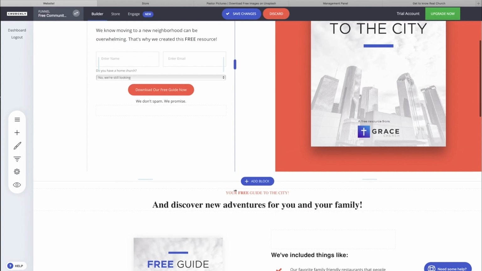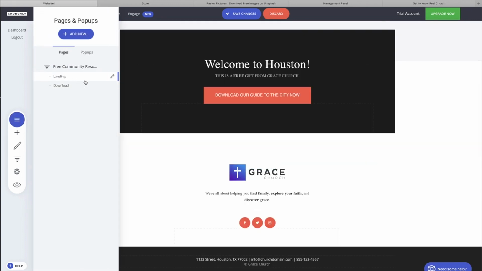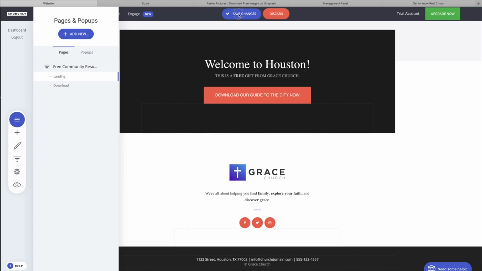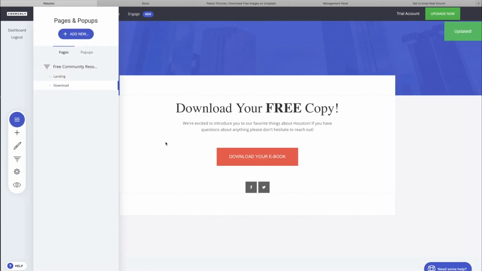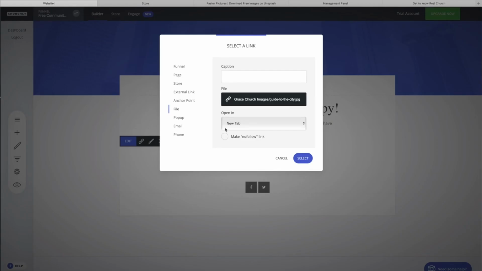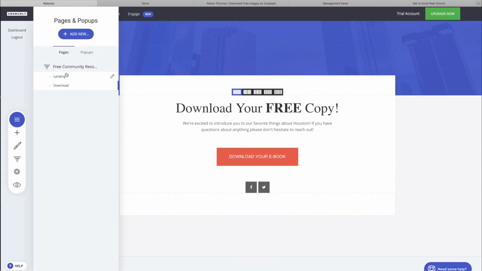So this is kind of the basics of this funnel. You can view the pages of the funnel. There's landing page, which is the home page, and then the download page. Let's save our changes before we lose them. Save that. Now let's go to page 2, which is our download. So this is download your free copy, and this button you can link to your download file. So that's the file to our downloads, the PDF that we promised in exchange for their email address. So we can go